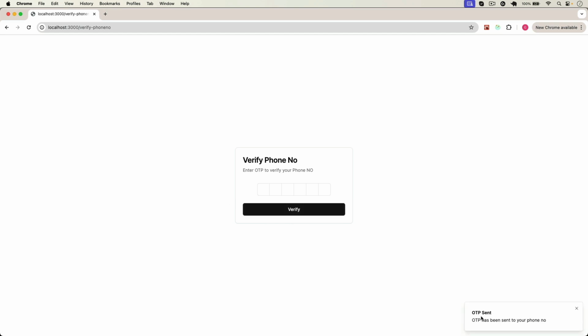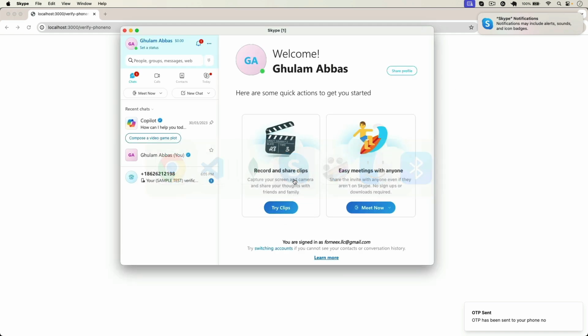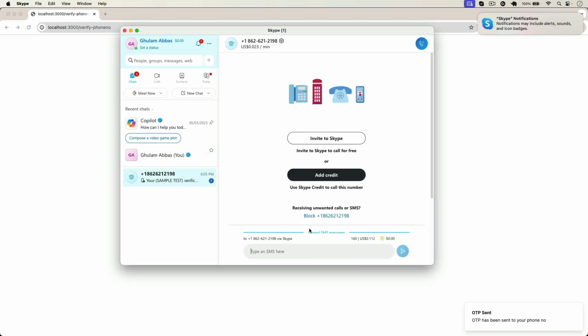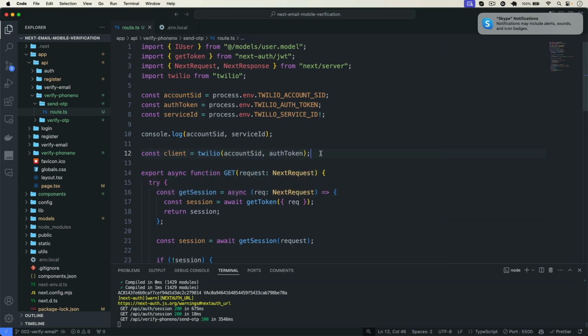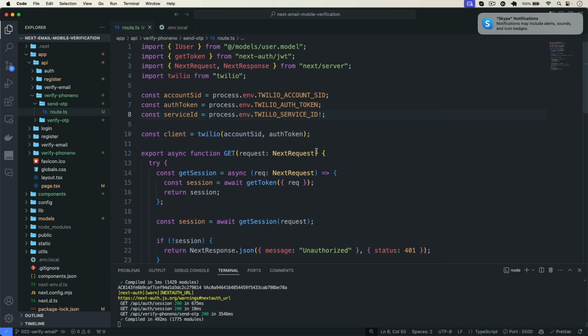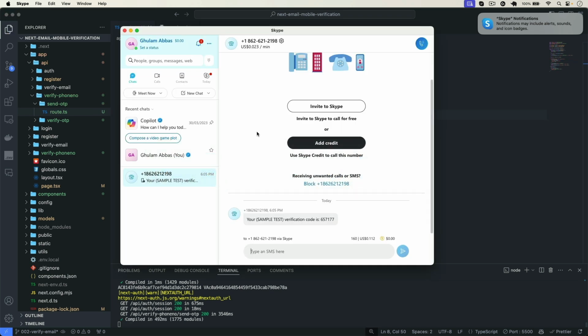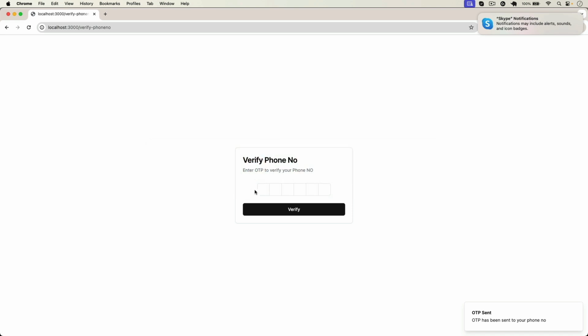so loading, so OTP sent, OTP has been sent to your phone number. I get notification from Skype. If I go to my Skype, you can see that here we get a message where it is your sample test verification code is this. Okay, so now we get here verification. So I have to remove this from here. So now we got our OTP in here. Now we have to simply verify that. So I have copied from here,